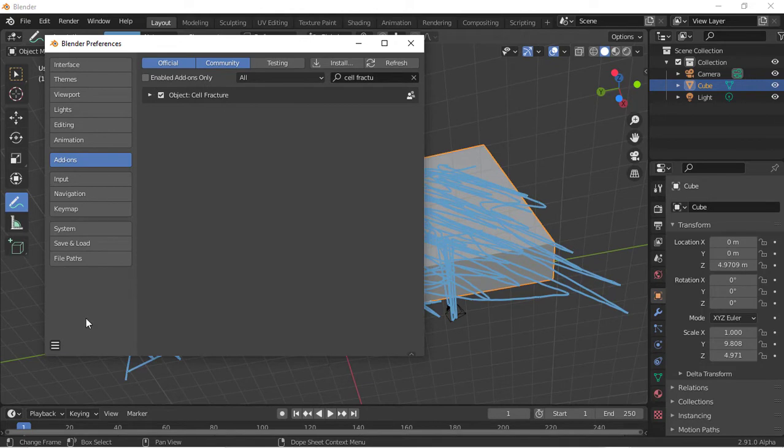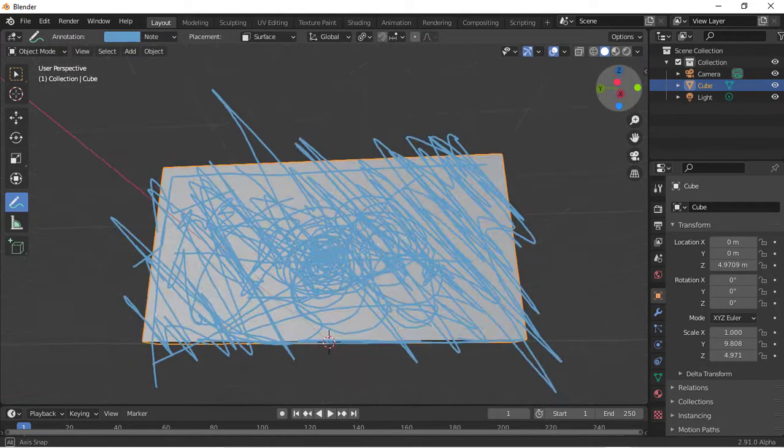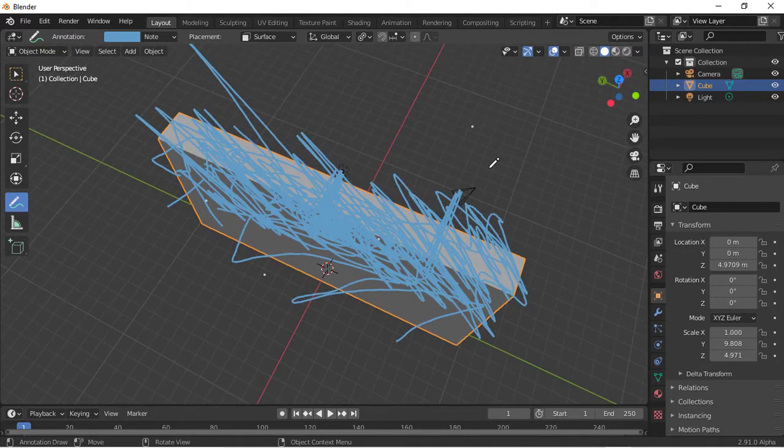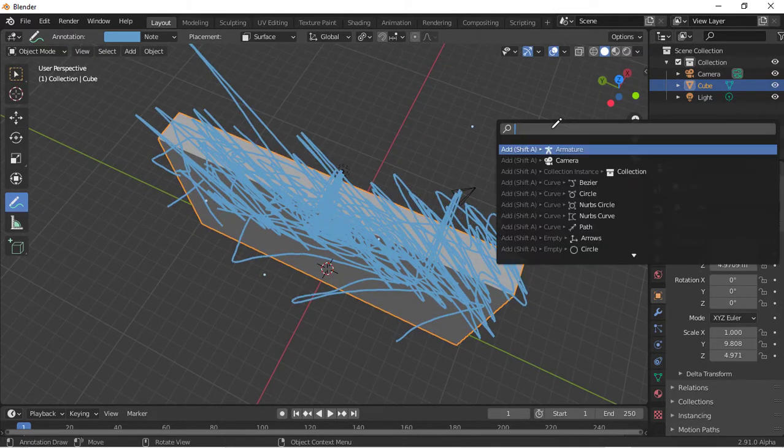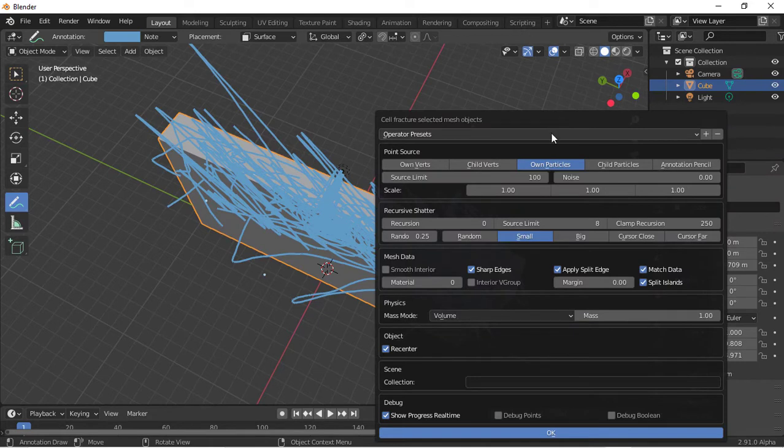As you can see, I have it enabled. You can go save preferences. I've already done that, and let's click F3 and type cell fracture. Click enter. Then you can go to annotation pencil,